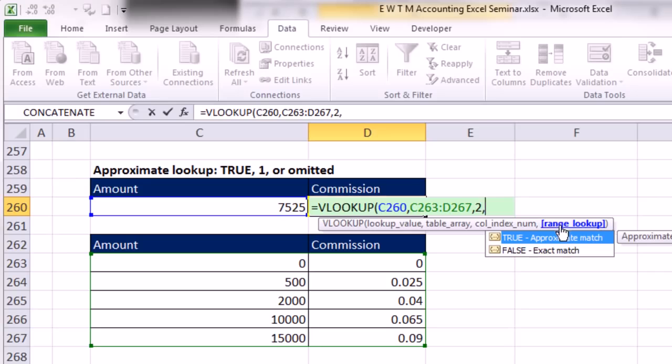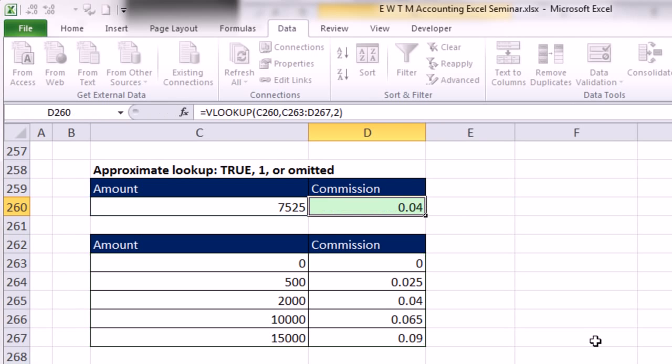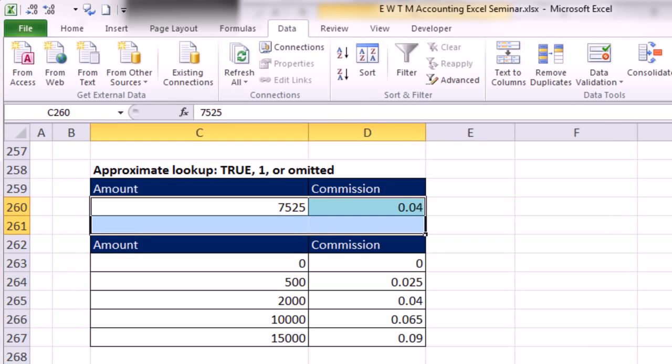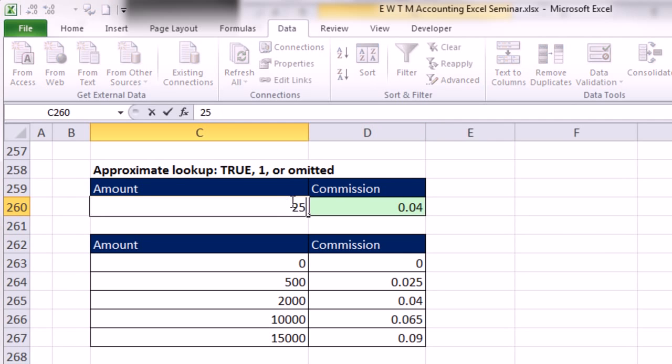in every screen tip: if you see square brackets around the argument, that means if you know what the default is, and that's what you'd like, you can just flat out leave that argument out. So when doing approximate match, we don't need that last argument. Only the first 3 arguments. And so now whatever we put in here, 2,500,